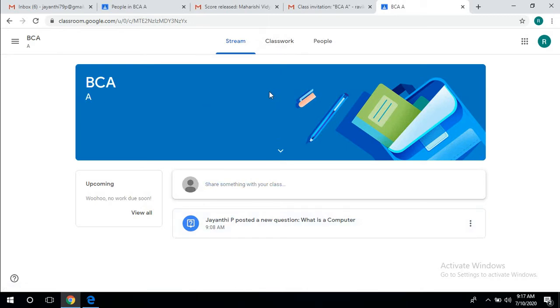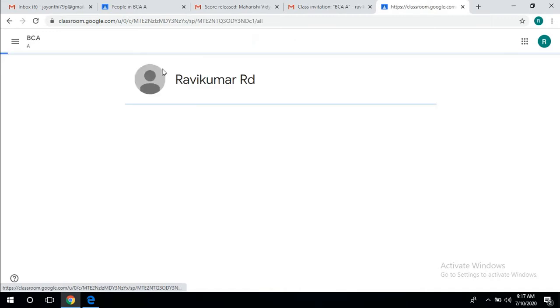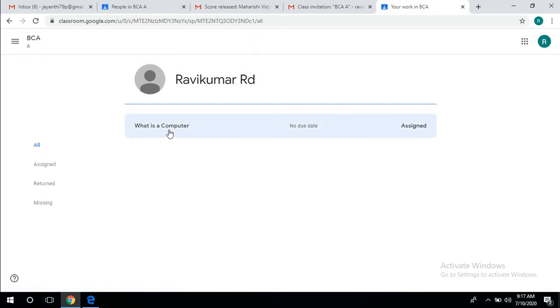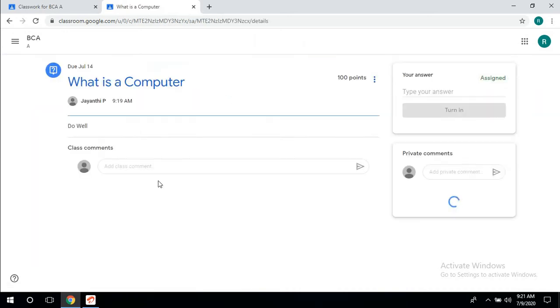We have to click Classwork, and then we have to click View your work. The question will be displayed there. Click View question. On the right side you have a place to type your answer.